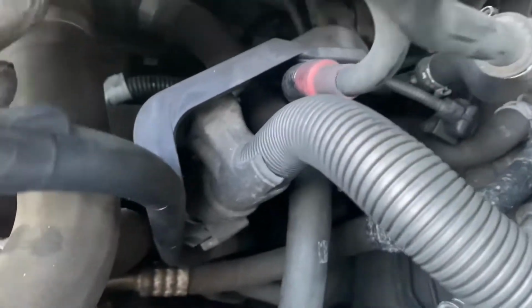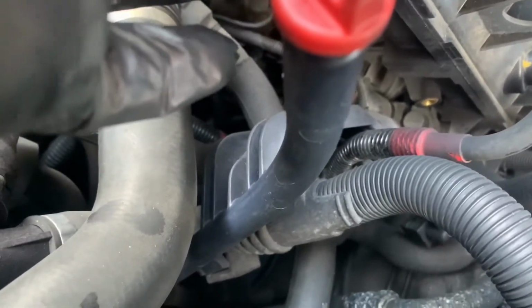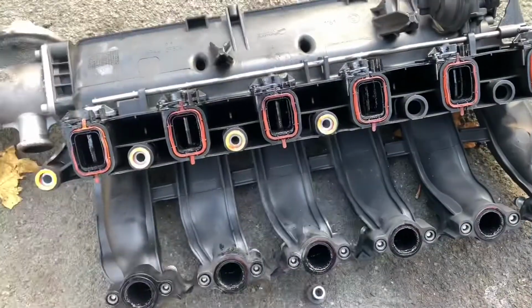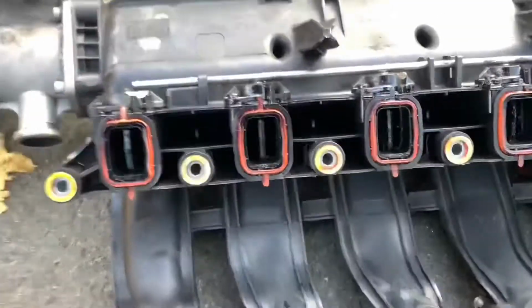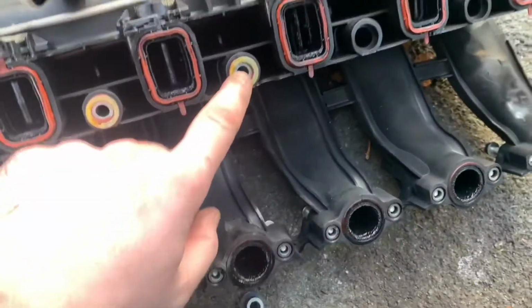But there is also another plug down here, another unit, which is probably for the swirl flaps. If you can see that, need to unplug that as well. Right, so that's the manifold off, and these are the swirl flaps. Yes. And at this point, you want to make sure you've got all these washers,